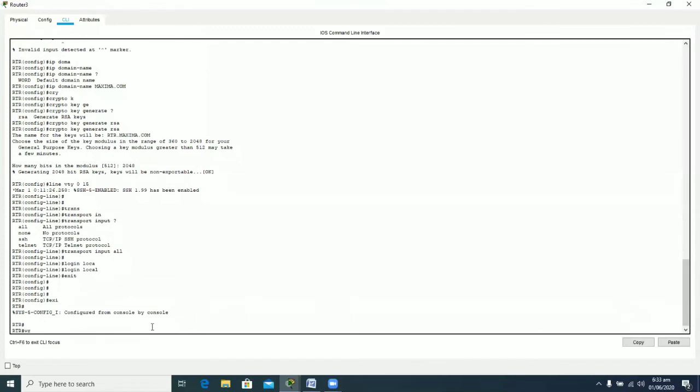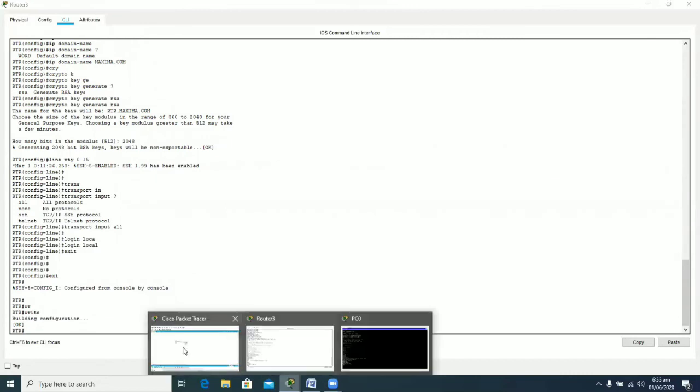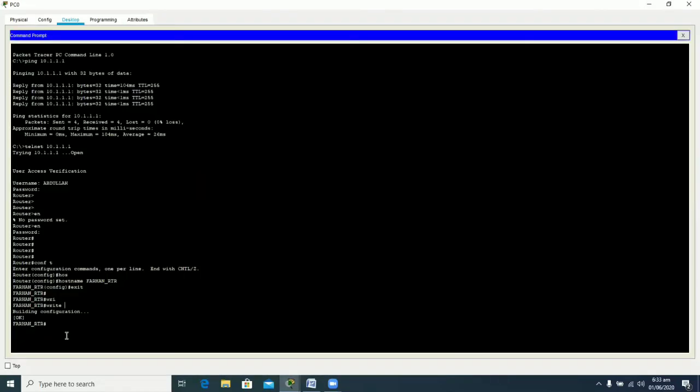Now I am again saving my configurations, and it's time to make an SSH remote connection from this PC to my router. Telnet can also be used for remote login, because I configured transport input all.